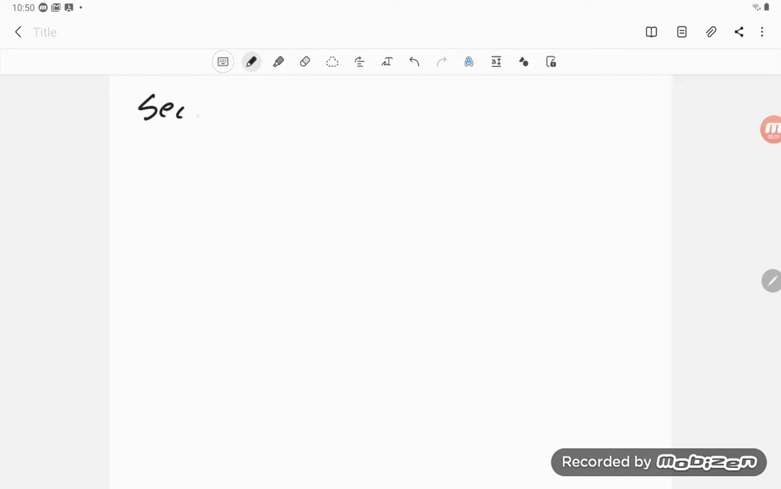Okay, this is section 3.4, and we're going to look at a couple theorems, theorem 3.42 and theorem 3.43. And then some definitions that go along with those. So theorem 3.42,